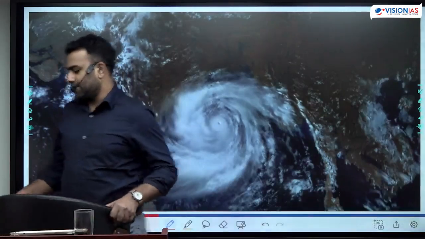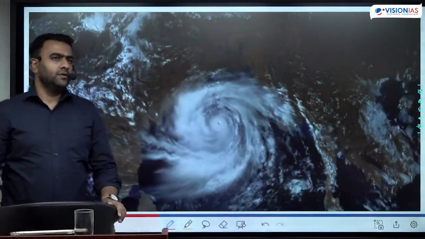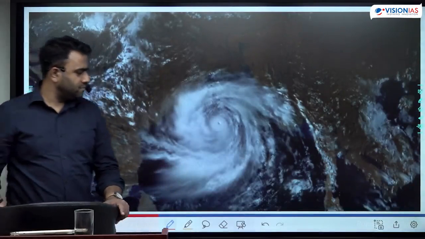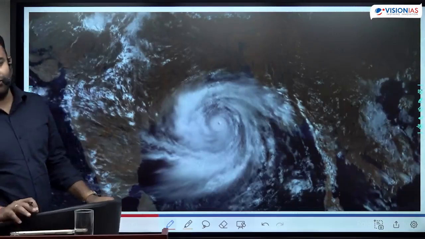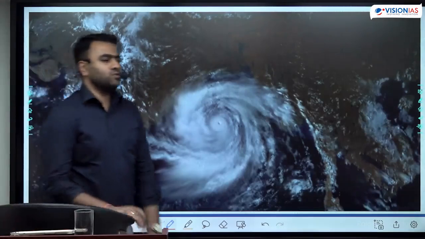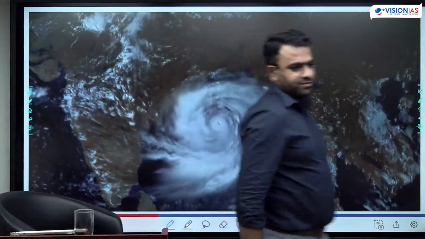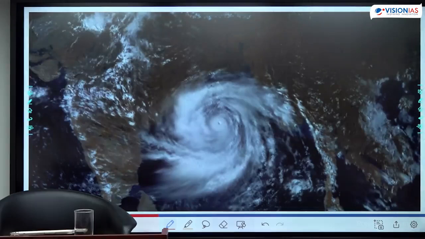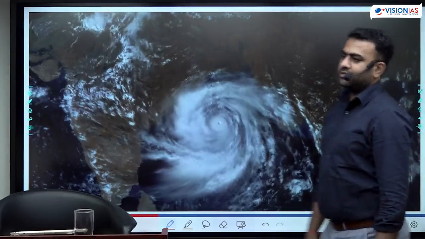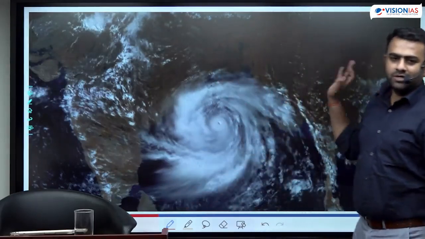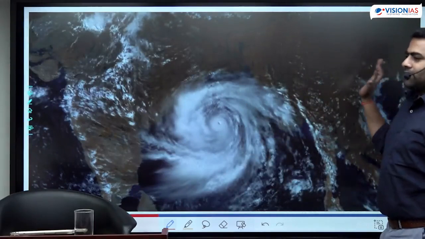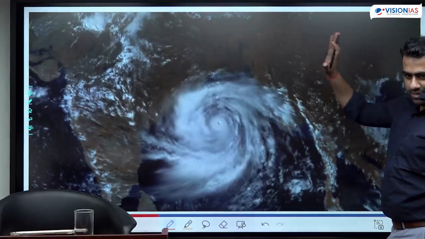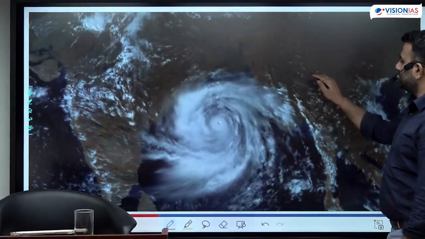So this is how the tropical cyclones are formed. What you can see, a very strong cloud system capable of causing heavy rainfall. For this kind of clouds to form, you need a strong convection. And for this kind of strong convection, temperature should be high. Only at a high temperature, you can see this kind of strong convection and cloud formation. Over a period of time, we have observed that the minimum temperature required for this kind of system to develop is